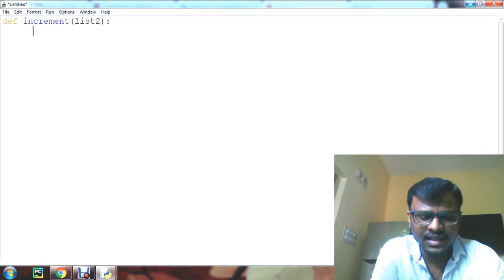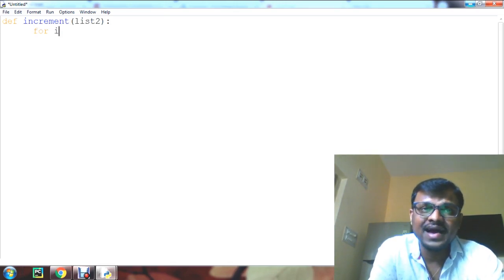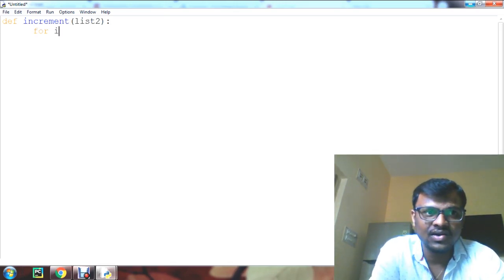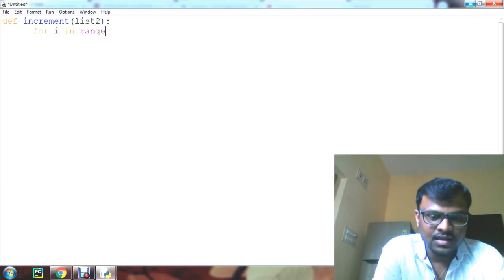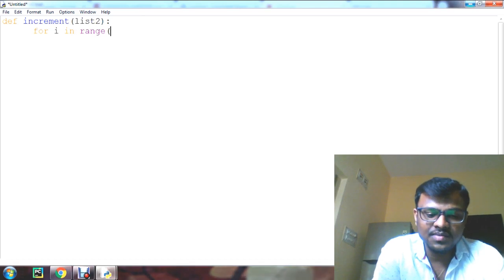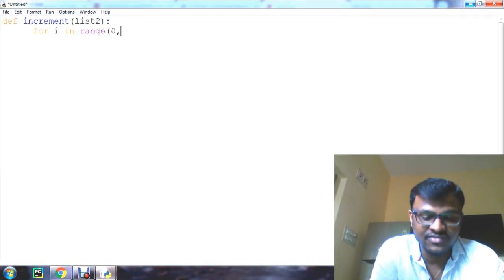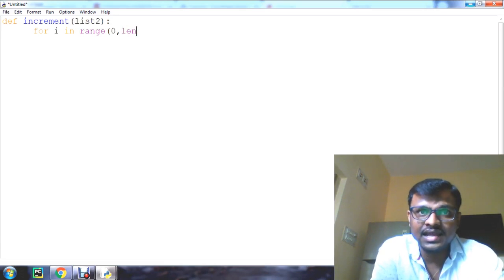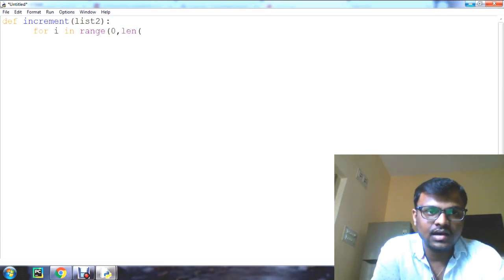And here I am going to use the for loop to traverse the list, same as traversing of a string. For i in range, in this range I am giving the index values, starting from 0 and using the len function to get up to the end of the list, list2. Clear?